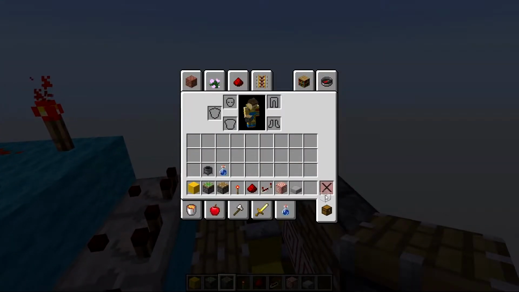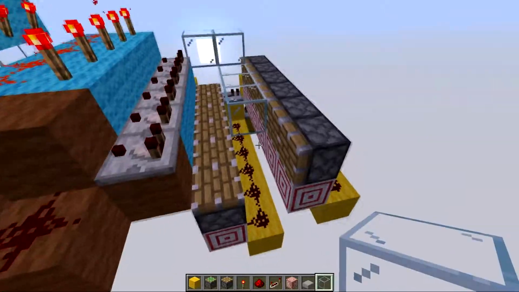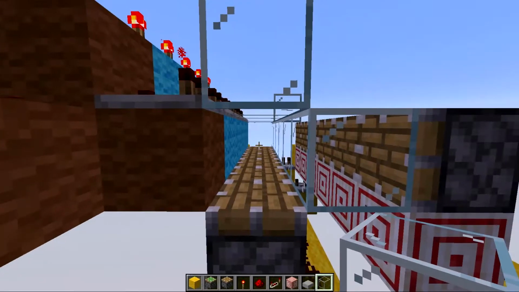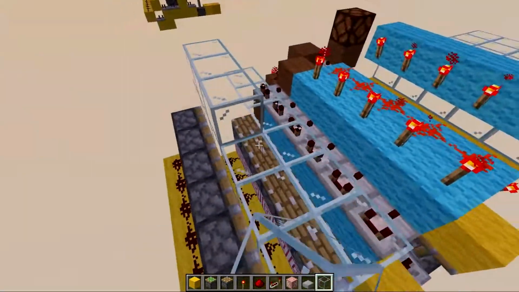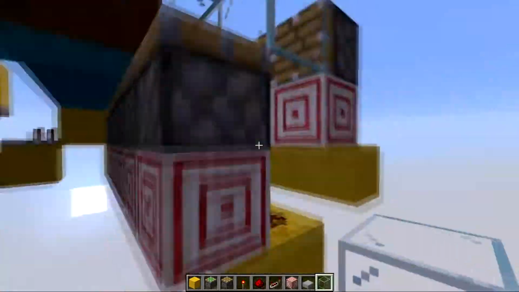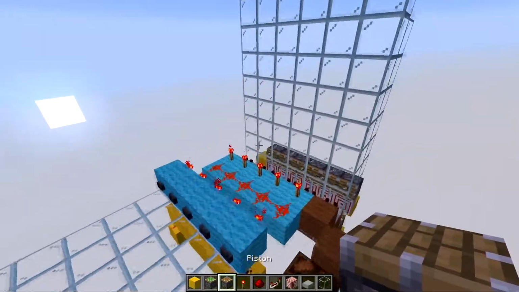Now, this is the best time to place your glass in. You want to start at the bottom with this shape, so the glass in front of the sideways facing piston and air in front of the upwards facing. And you want to go up 8 blocks, so now once you've done that,